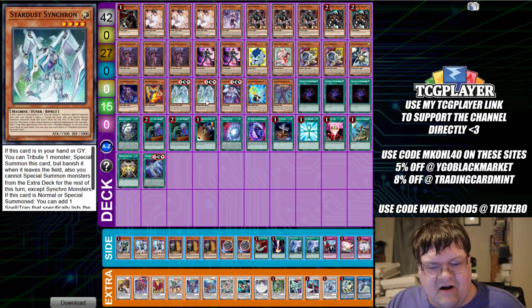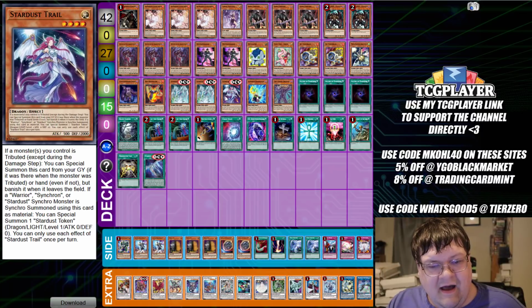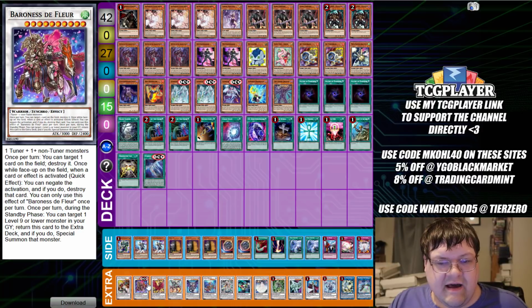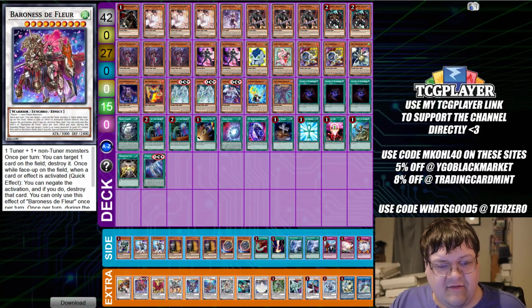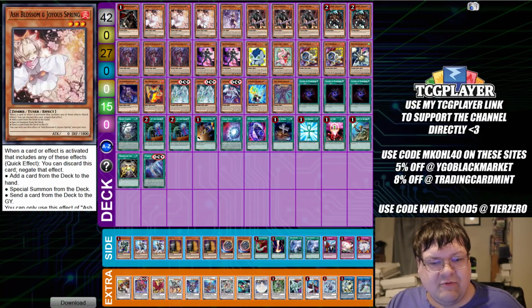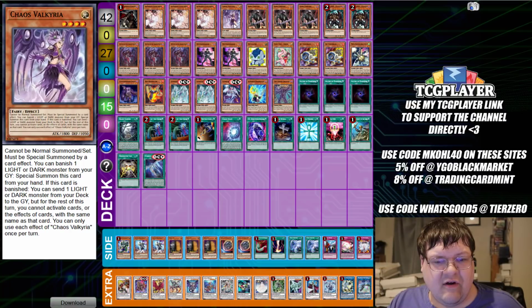Is this Stardust? So we have Dark Synchro here. Okay, so we're basically going to access our toolbox here, drain a bunch of advantage, and we're going to slap Baroness on the table here, and we're going to laugh at our opponent. So basically, this is some basic stuff. So we have 1 copy of Armageddon Knight, triple copies of Ash Blossom and Joyous Spring, 1 copy Chaos Valkyria,